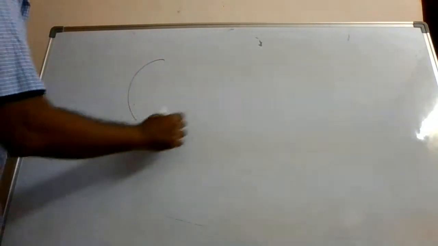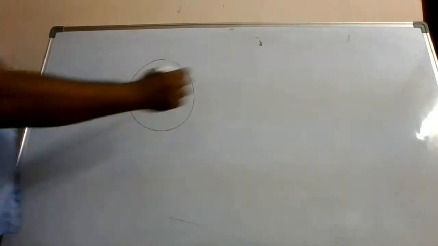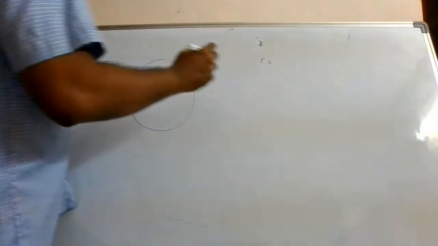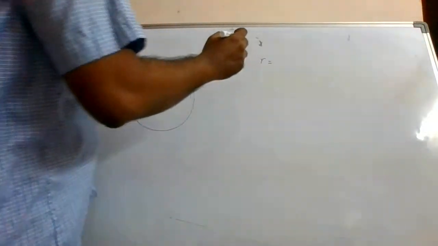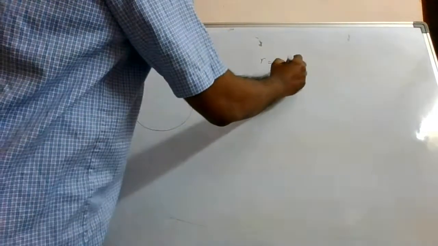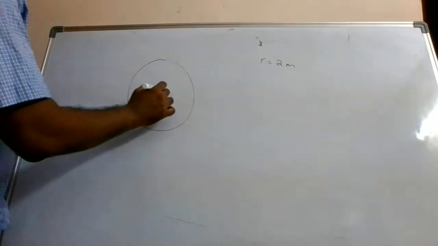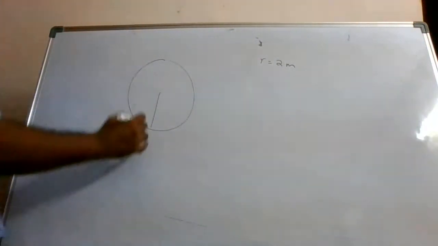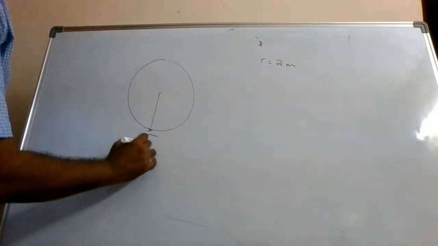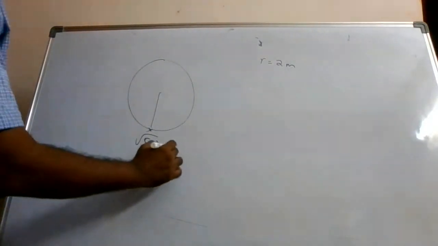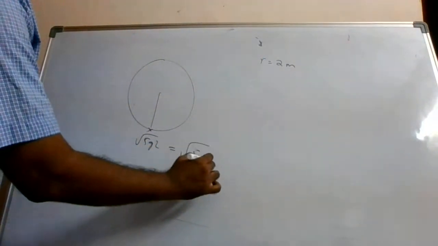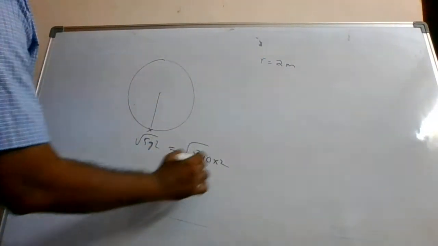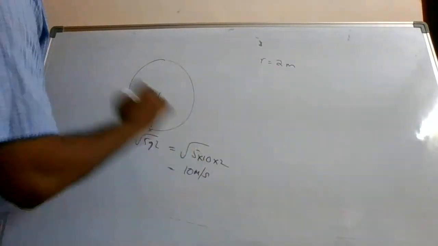Let me explain this with a simple example what I have just told you. Let us say the radius is how much? Let us say it is 2 meters. Okay. So this is the vertical circular motion. So at this point, root over 5GL you calculate. It will be root 5 into 10 into 2. It is root over 100. It is 10 meter per second.